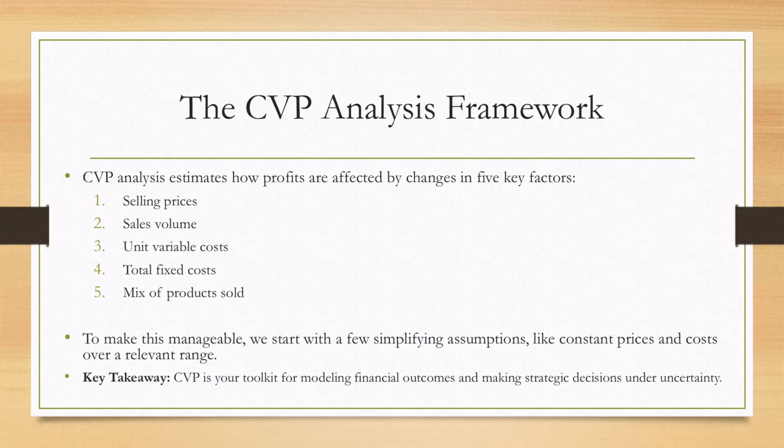Now, to make the model manageable, we do have to start with a few simplifying assumptions, such as assuming that prices and costs will remain constant over a relevant range of activity. The key takeaway for you is this: CVP is your toolkit for modeling financial outcomes. It allows you to play out different scenarios and make strategic decisions with a much clearer understanding of the potential